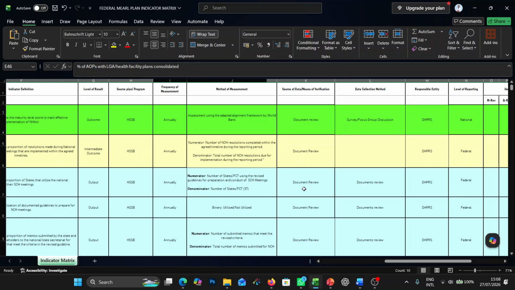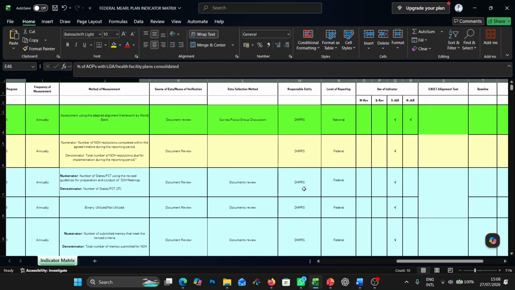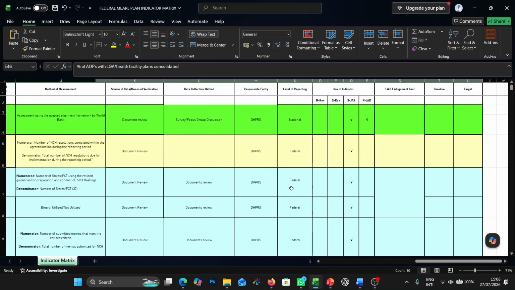The source of data or the means of verification, the data collection method, the responsible entity, and the level of reporting. So as you can see from the title of this indicator, it's a federal MEL plan indicator. What we can see now is we have state level MEL plan indicator metrics and federal level MEL plan indicator metrics. The state level has just state specific indicators that the state is expected to respond to,